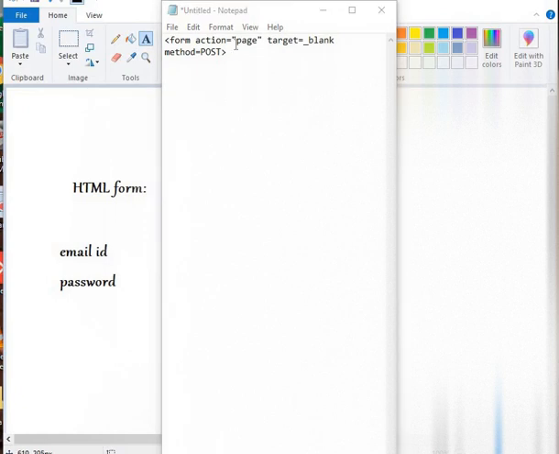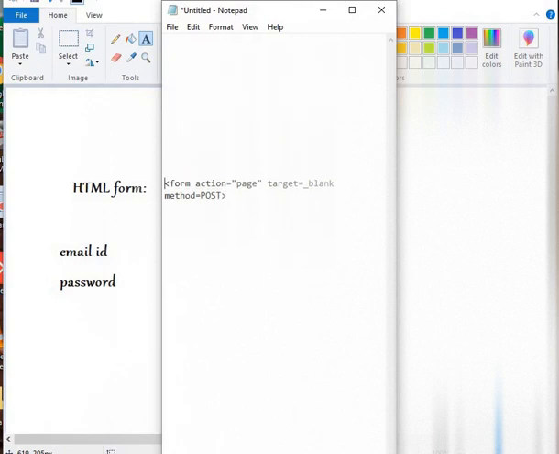First, I'll just delete this. We are going to create our first form. We are going to use the HTML tag first, then we need to use head, right?